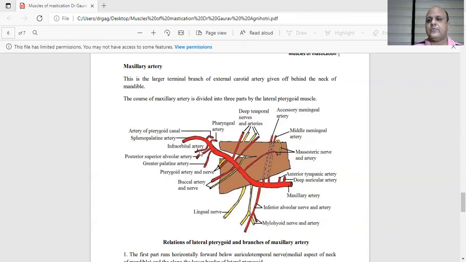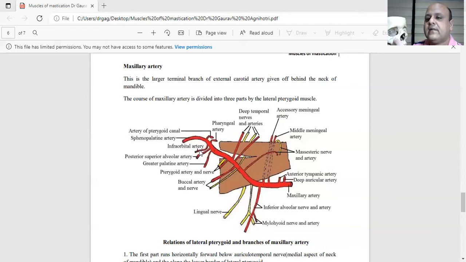The posterior superior alveolar artery passes through apertures on the posterior aspect of the maxilla, and it supplies the upper premolar, molar teeth and the maxillary air sinus. The infraorbital artery enters the orbit and it passes in relation to the inferior orbital fissure. So inferior orbital fissure I have already shown you, and this artery supplies structures in the orbit, and then it comes out through this infraorbital foramen, and it is going to supply the lacrimal sac, the nose, and the area of the upper lip.